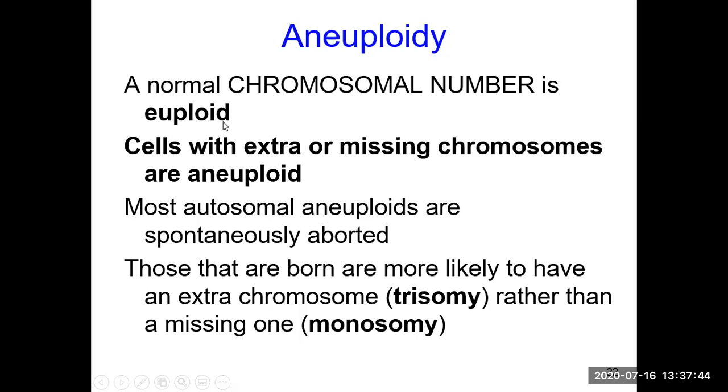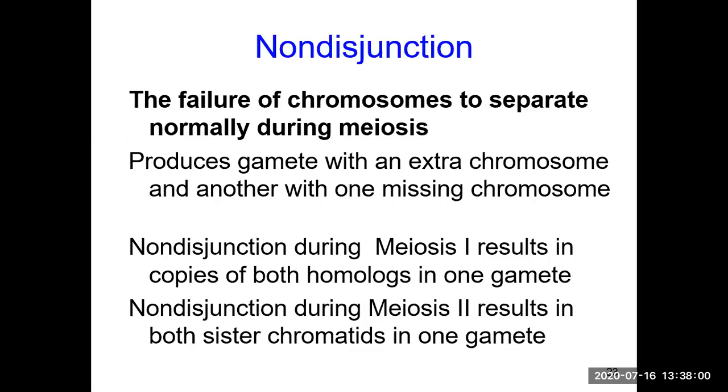That means they have whatever is their usual set of chromosomes. For example, human beings as euploid, we are expected to have 2 of each, so we are diploid, okay? But if an individual has an extra chromosome, then that person becomes aneuploid. So what was this abnormality in gamete formation that can cause an individual to have extra, missing or additional chromosomes? This is called non-disjunction. Non-disjunction means inability to separate correctly.